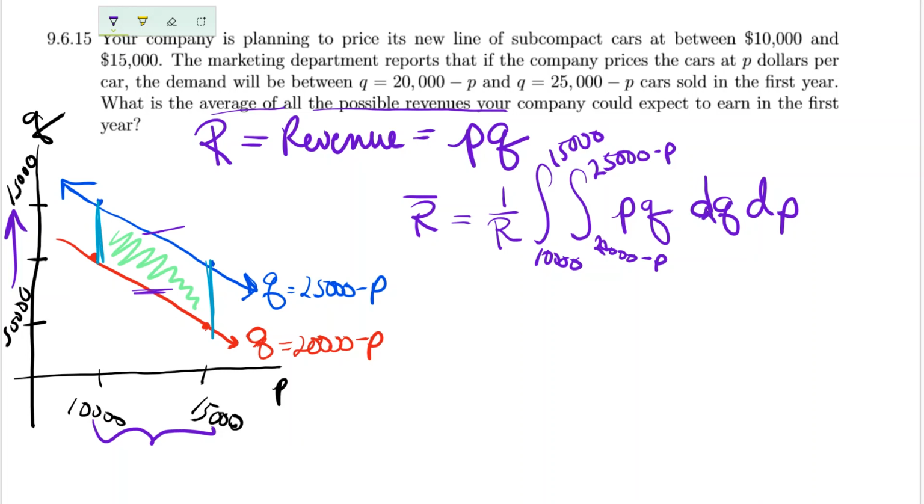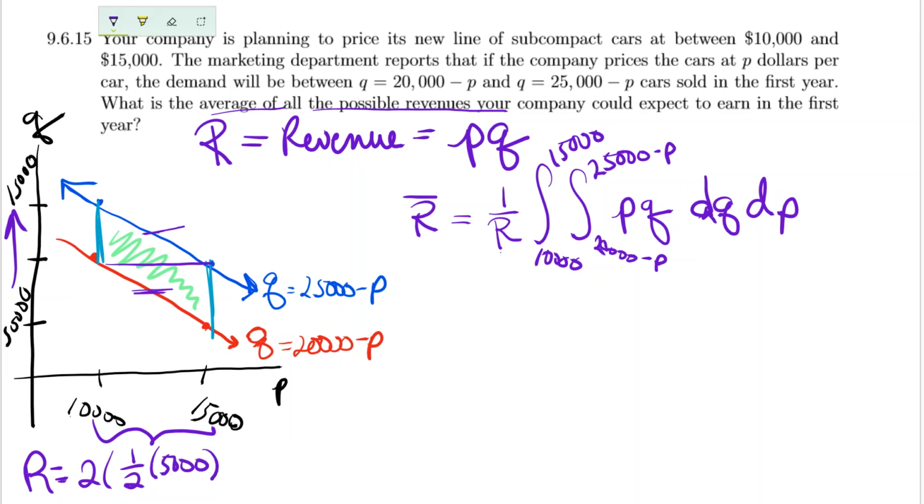Okay, so you're hopefully looking at it and thinking, oh, that's not too bad. It's just got a lot of stuff. And if you're wondering what R is, I'm going to do that in a minute. It's just the area of this guy. So I'm hoping you notice you can think of this as two triangles. They have the same area, base times height. So the base width is the distance from 10,000 to 15,000, which is 5,000,